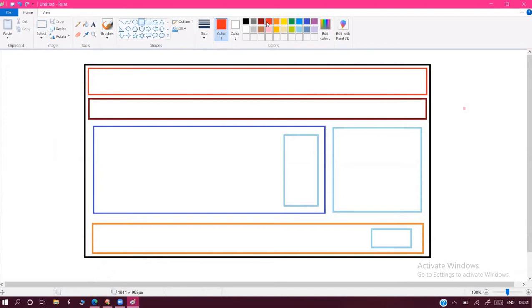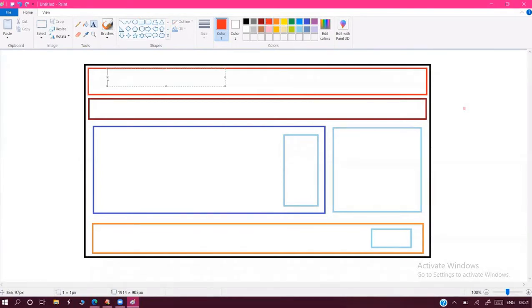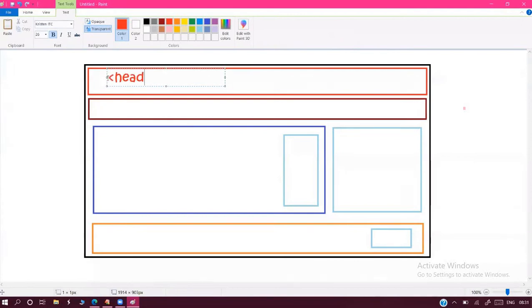The first section is the header section, also called the header tag. I'm writing the tag names here. This is the header tag. Next to this is the navigation tag. These are semantic tags.